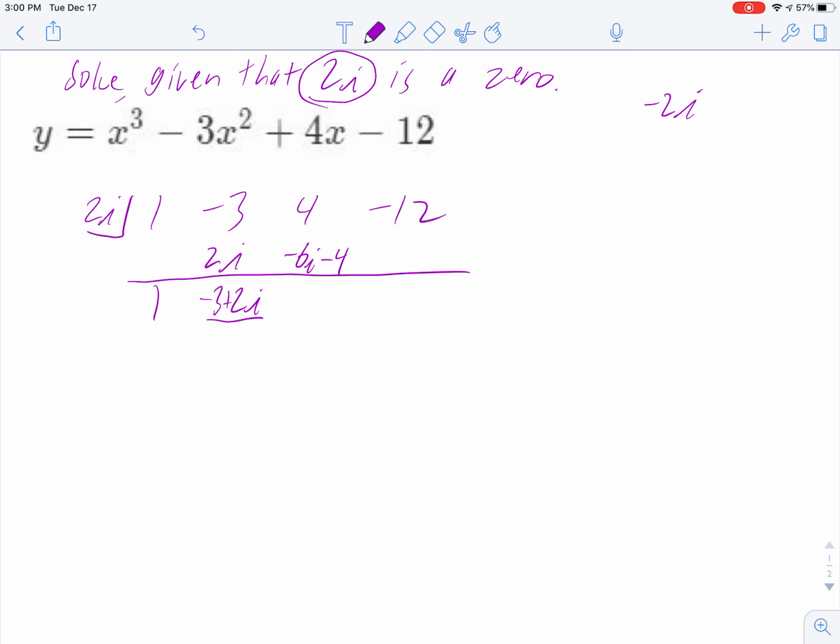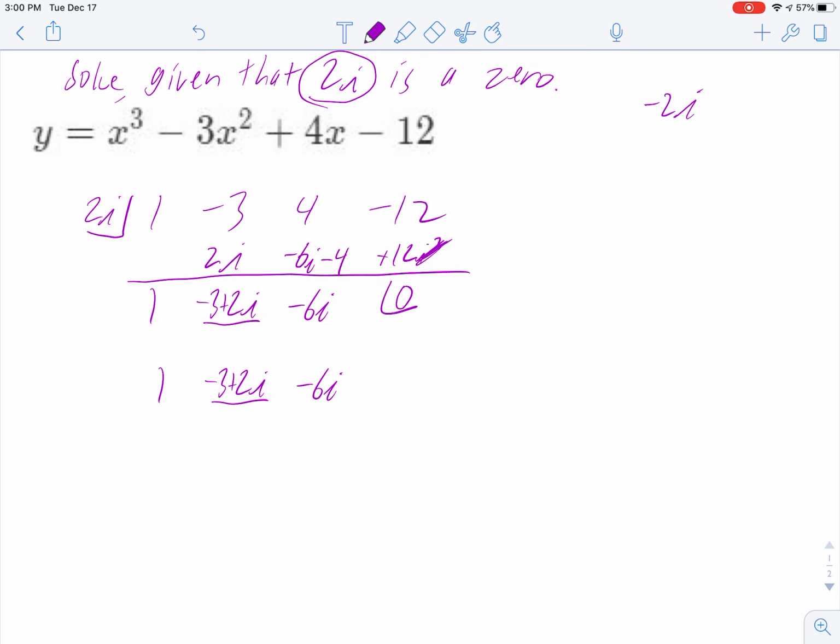And so now when we add that next column, the 4 and the negative 4 cancel out, and we're just left with a negative 6i. Multiply again, 2i times negative 6i, which is negative 12i squared. I'll write this one out, i squared. But i squared is negative 1, so that becomes positive 12. And so when you add them together, you do in fact get 0, which we expected. Now I'm going to take those remaining coefficients,